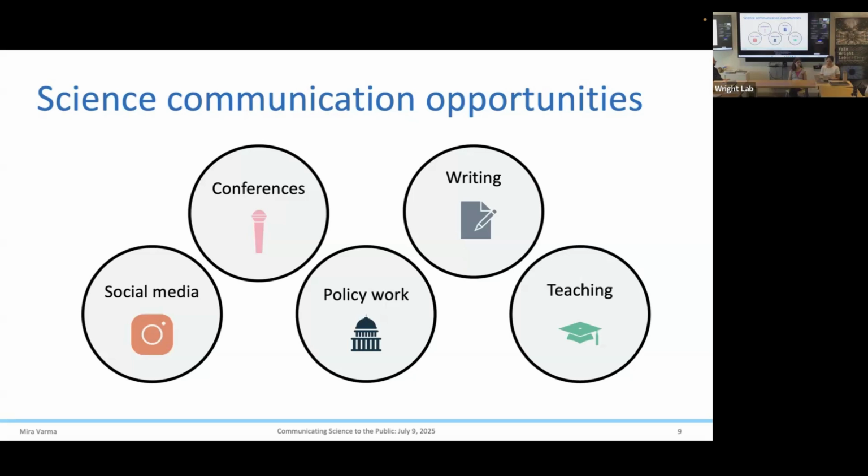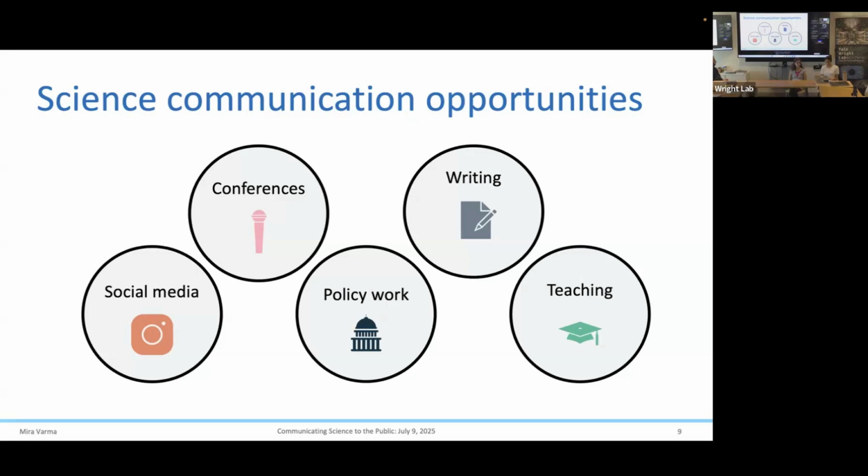Also, there are conferences both for general physics people, but also for just expanding your knowledge of science communication. Additionally, there's policy work. With a physics degree, you could go and work in DC or work for the government and give suggestions on various funding opportunities. And there are also opportunities to write for scientific magazines that various people outside your field would read.